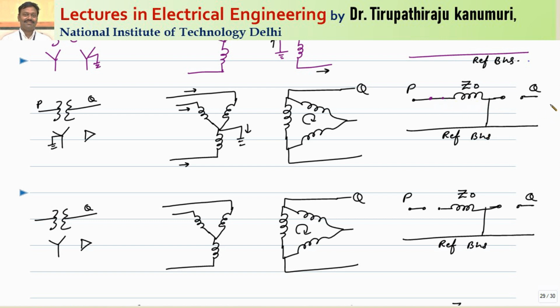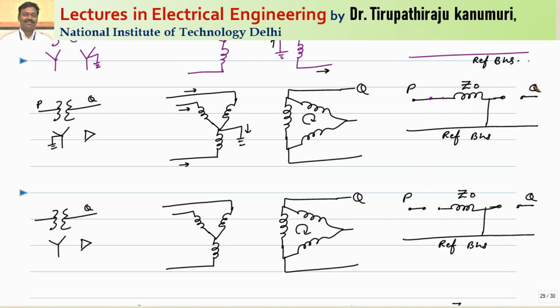So in this case also, if the fault happens in the secondary, you can see after the fault happens, the zero sequence component of current cannot be supplied by the primary. So you take the vice versa, that means a delta by star transformer with neutral grounding. That means this entire network will become reverse. So in the case of reverse, this Q will come this side, P will come this side.